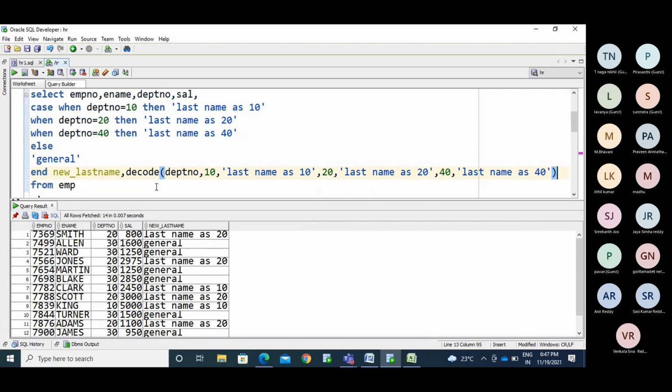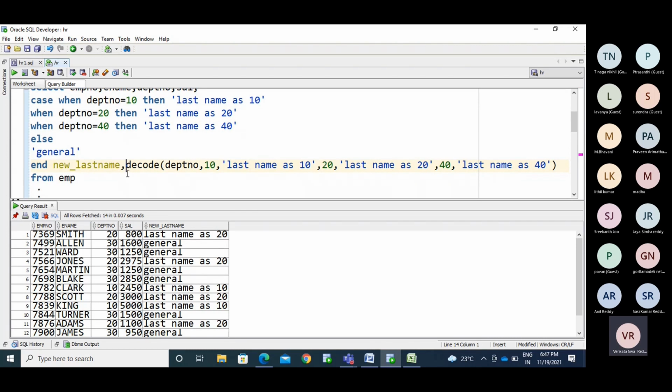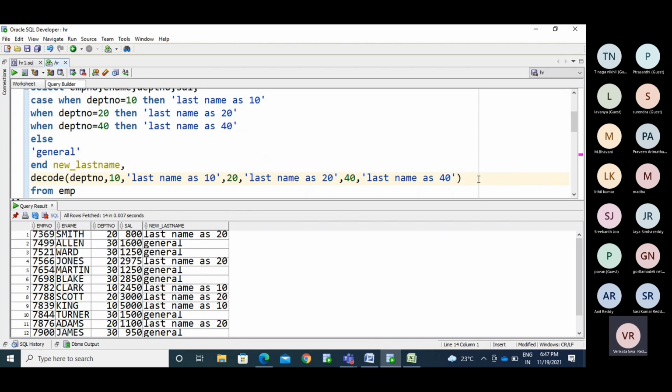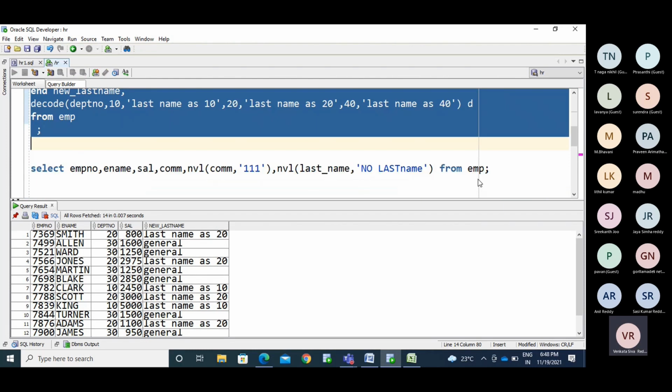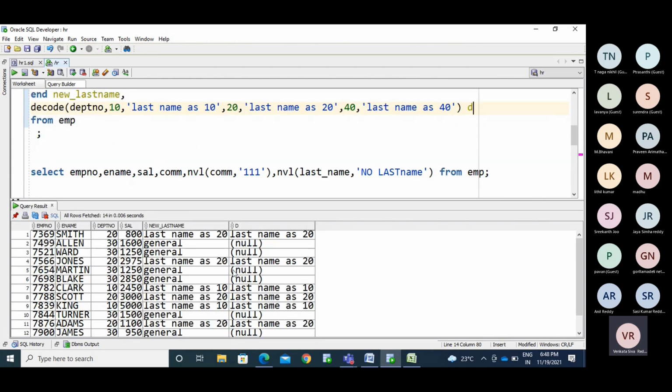So you are passing the same as earlier, without an else condition till now. Okay, D, I am making it an alias name for that. See, we haven't used the else condition. So you can put some else block here as well, with the general.